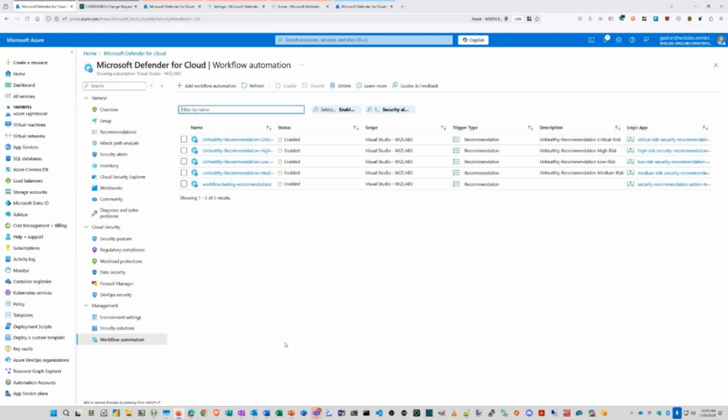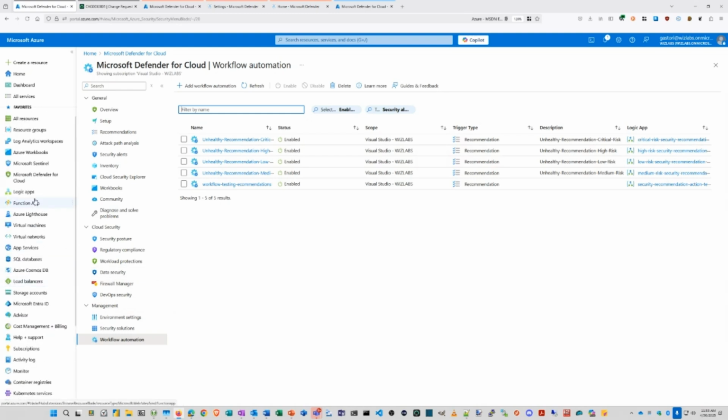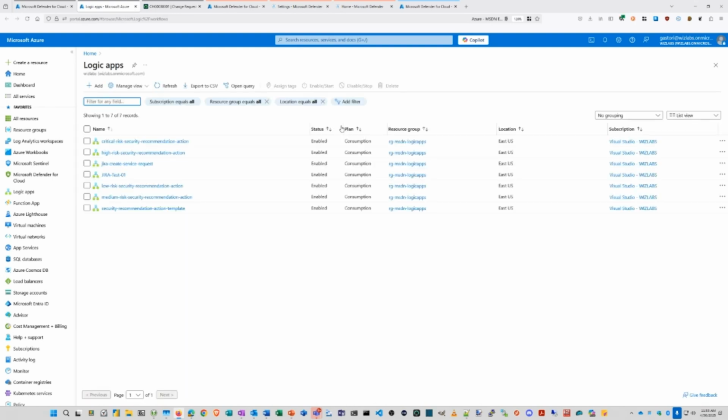Through the workflow automation, through the governance rule, that's not possible because severity is the condition that is tested. But once you do it through logic apps, you have an option to filter for the risk level. I'm going to show you one. So I have different logic apps over here. Let's say the critical